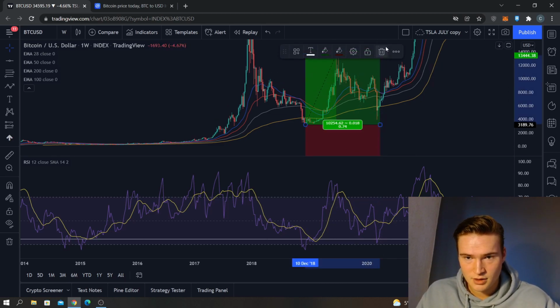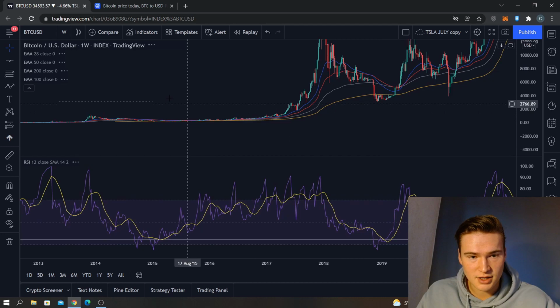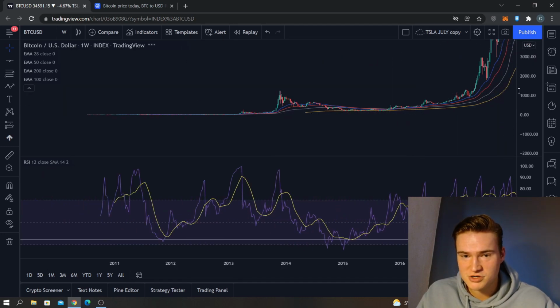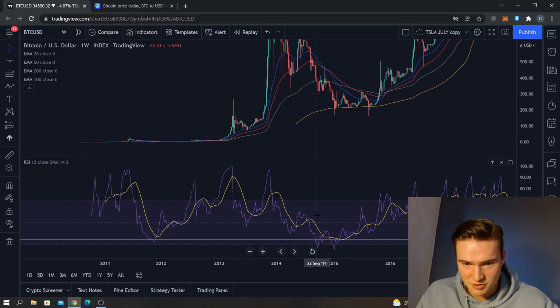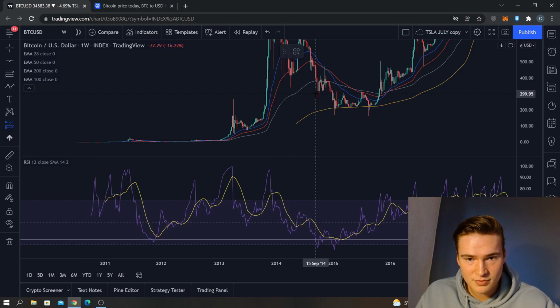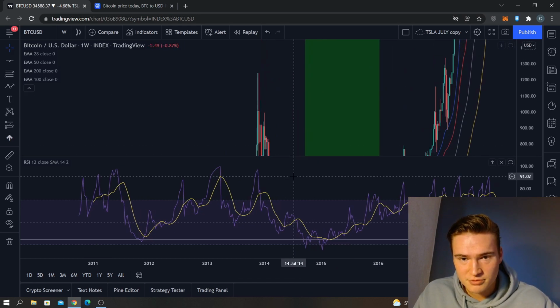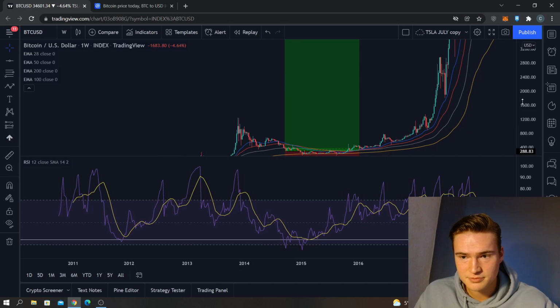First a consolidation, then we go back a little bit more to the first bull run we ever had and the first bear market. So here we drop down below that, and after that a small bullish move, nothing too crazy.